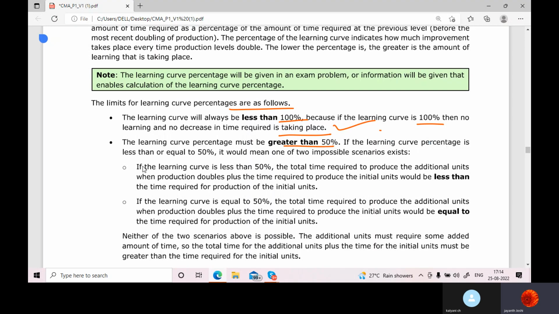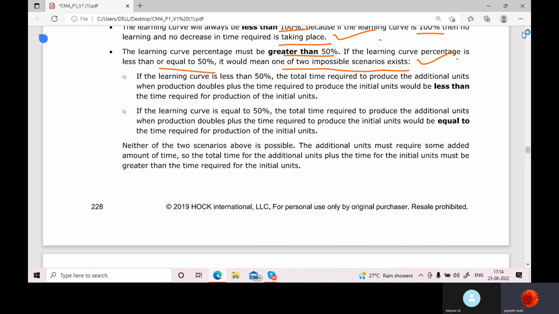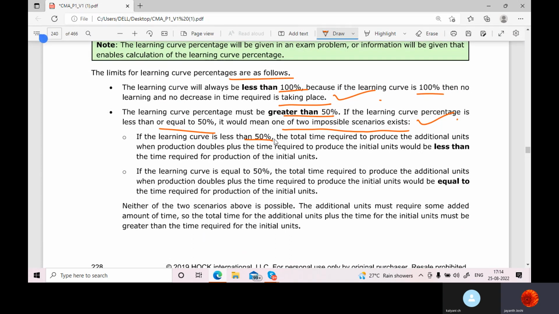If learning curve percentage is less than or equal to 50%, it would mean one of two possible scenarios exists. So if the learning curve percentage is less than 50%, we'll see what the scenarios are. It should always be more than 50%, it seems. So if the learning curve is less than 50%, total time required to produce the additional units when production doubles, plus the time required to produce the initial units, would be less than the time required for production of initial units. So what they're saying is, if the learning curve is less than 50%, the total time required to produce